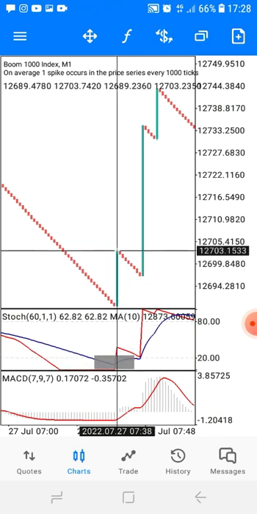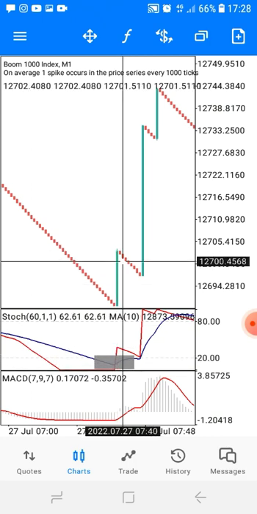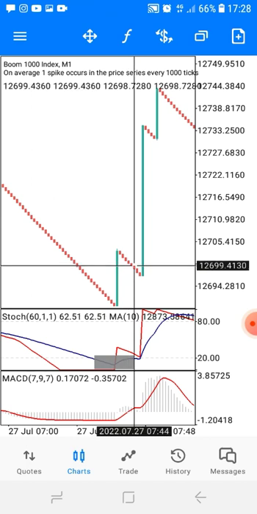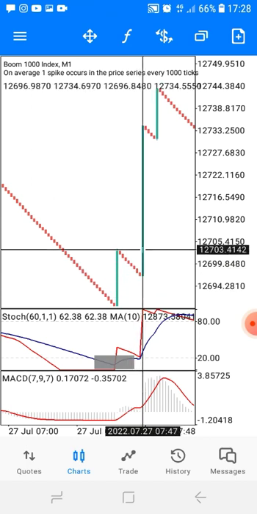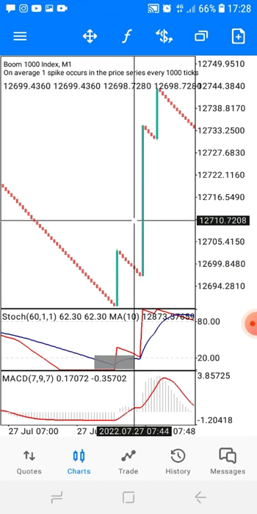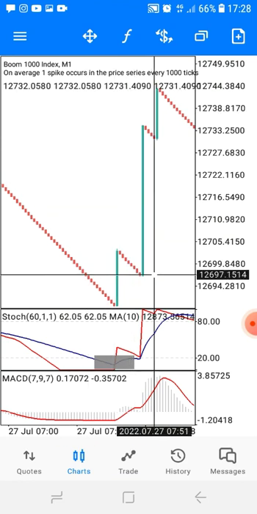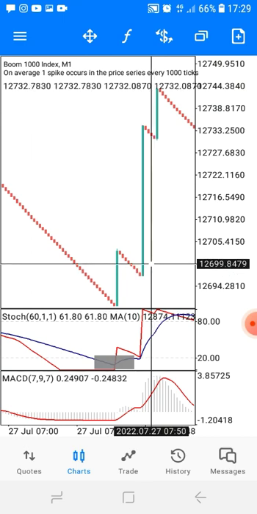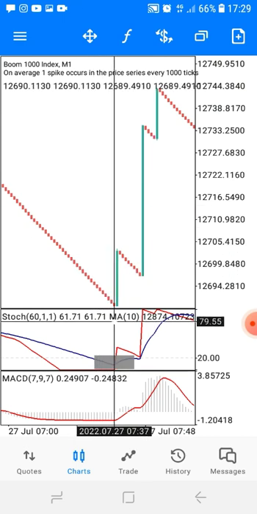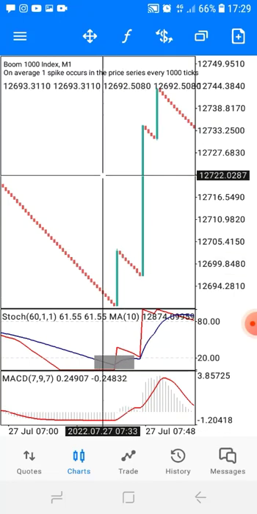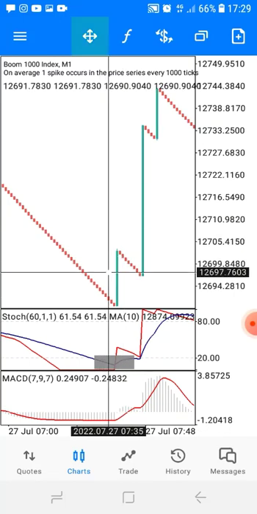After a cross, you wait for 5 minutes. You see 1, 2, 3, 4, 5. Then you enter. After 3 minutes, boom, that's a spike, guys. You can catch about 2 to 3 spikes, or remember that you're in an uptrend. You can ride the whole uptrend up until you are satisfied, but don't be greedy. You see, guys, that's it. Boom. It went all the way up. That's how it is.